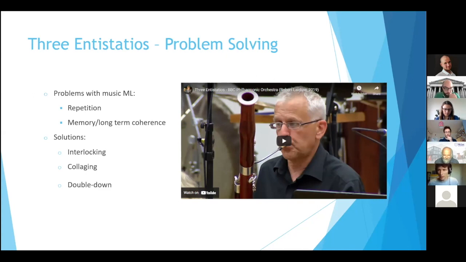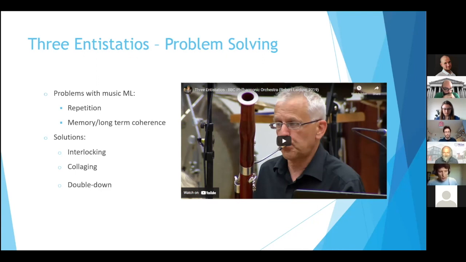Transformers are quite good at this now, but even so, even the best transformers can only produce pieces of music that are a couple of minutes long at most, before by the time you get to the 4th minute, it really doesn't bear much resemblance at all to the 1st minute. It's kind of forgotten or moved on from the musical material that the piece began with. So I wanted to come up with some solutions that might not only mitigate these issues, but also turn them into a feature rather than a bug, as you will say.